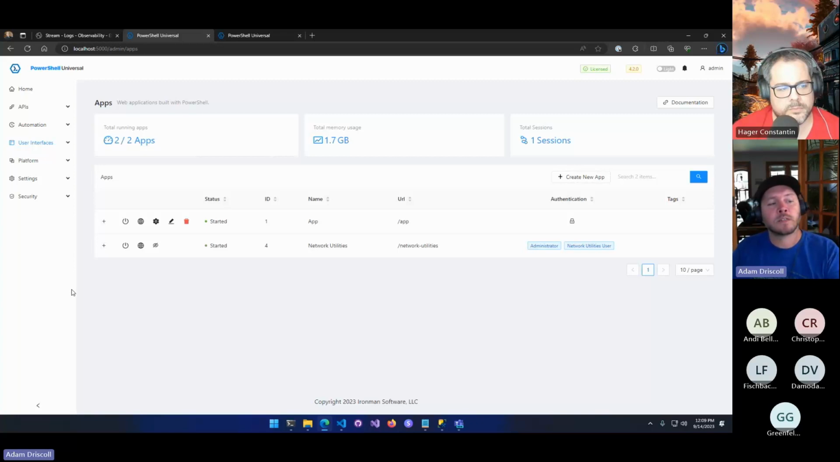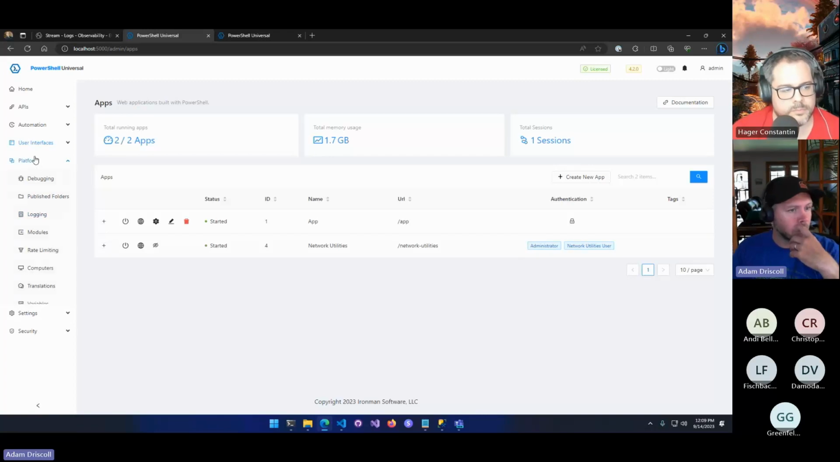Additionally, the platform itself has a bunch of features that cross-cut the entire feature set. So, you can set variables, you can set up translation files. We have things like rate limiting, we integrate with modules, and I'm going to talk about the new logging features today as well. Additionally, we have lots of security features,